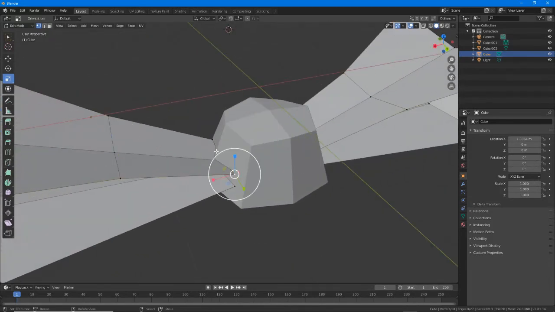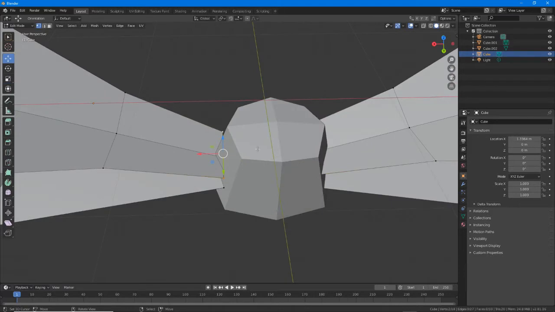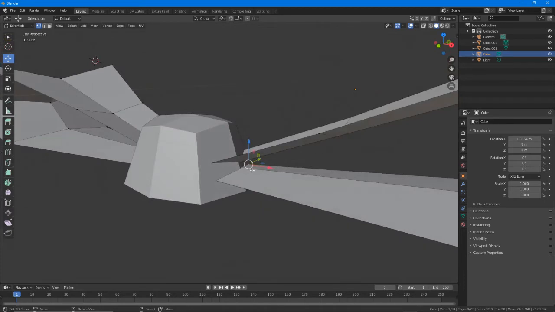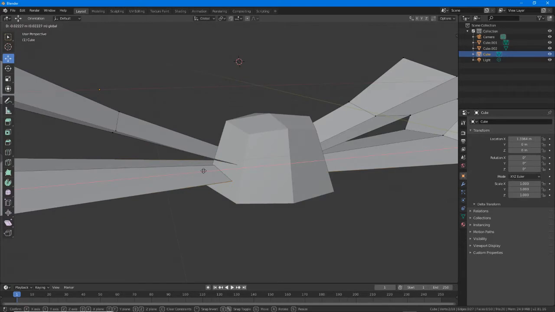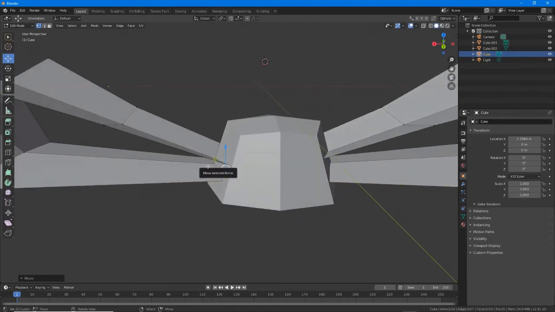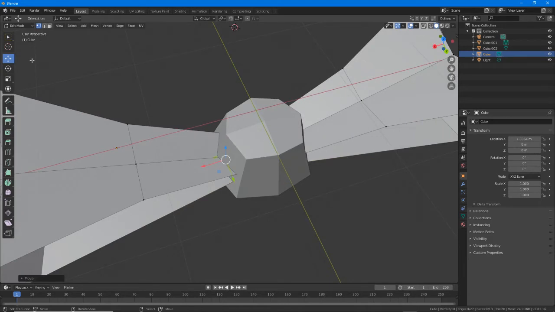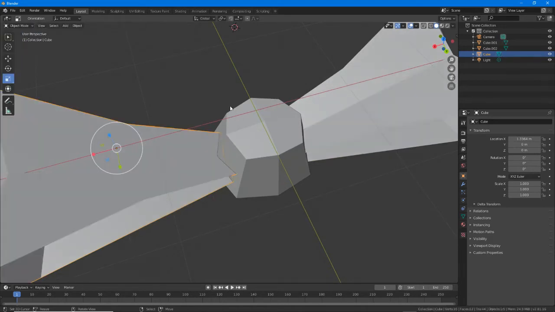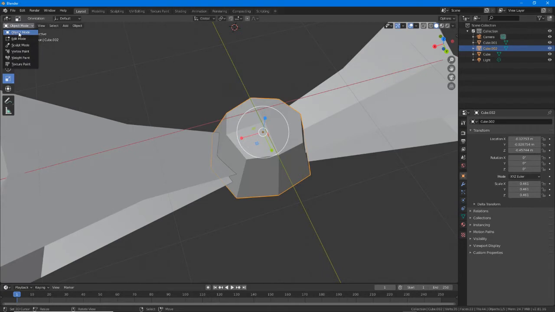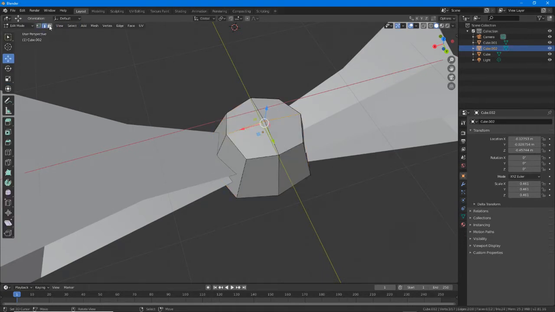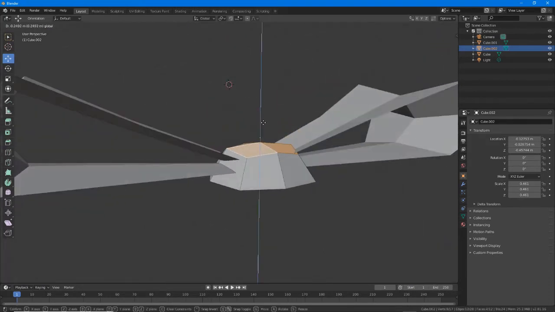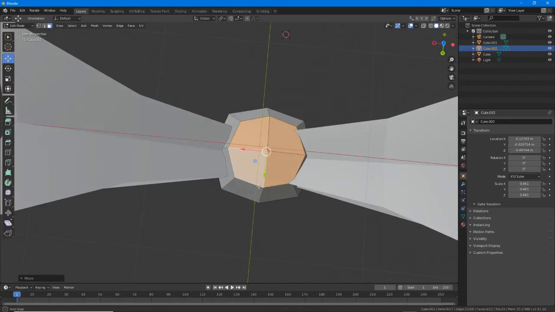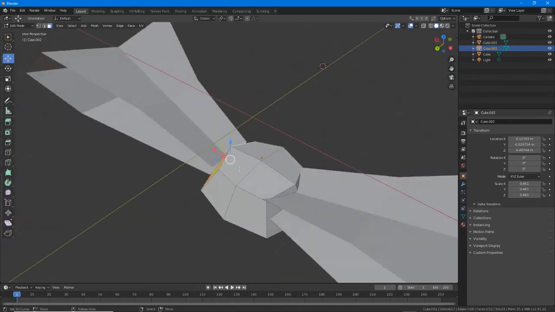So make sure these ends intersect the box that's in the middle, because we don't want any gaps. We can change this and make it smaller, or height-wise. Whoops. Maybe even